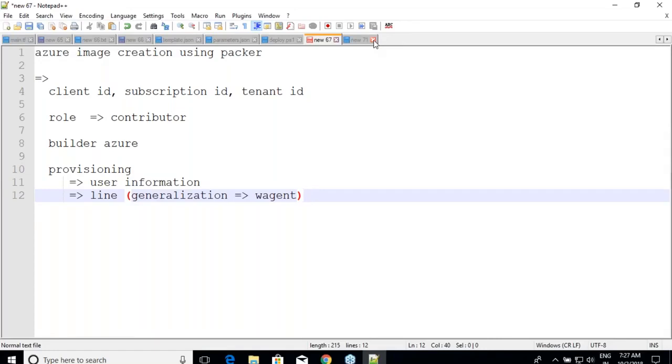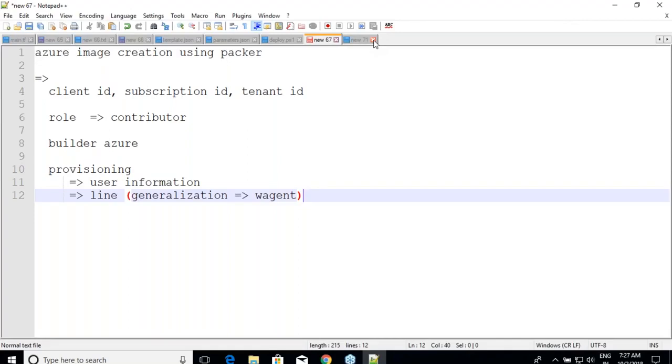First thing is getting those details out: client ID, subscription ID, and tenant ID. To get that, there is documentation and you have to follow it blindly. There is no other way out. For getting the access key and secret key, was there some logic? No, right? There could be logic where you assign a role. I don't want to give him a contributor role, I want to give my custom role. That's where your Azure proficiency comes into play. But as of now, for this class, we are okay with the default role, which is contributor.